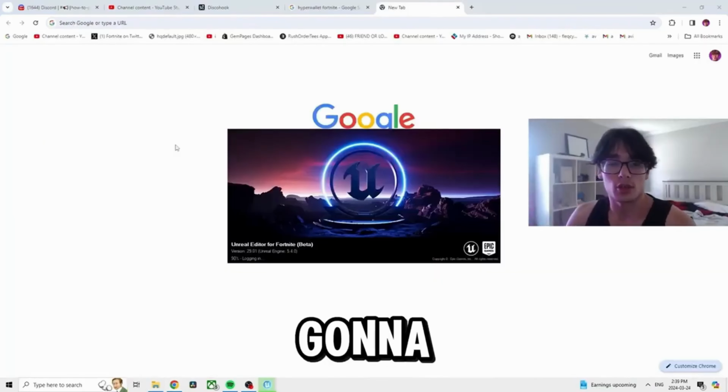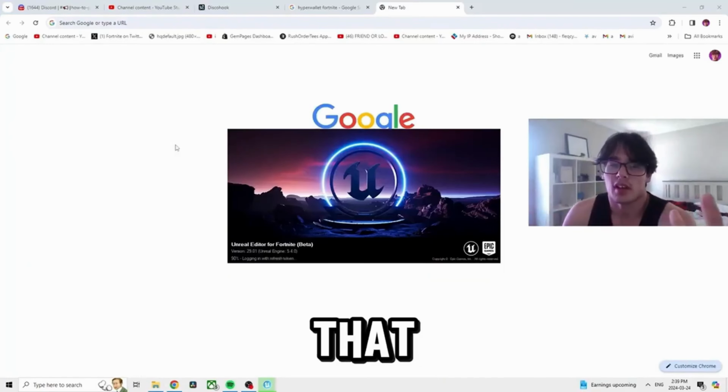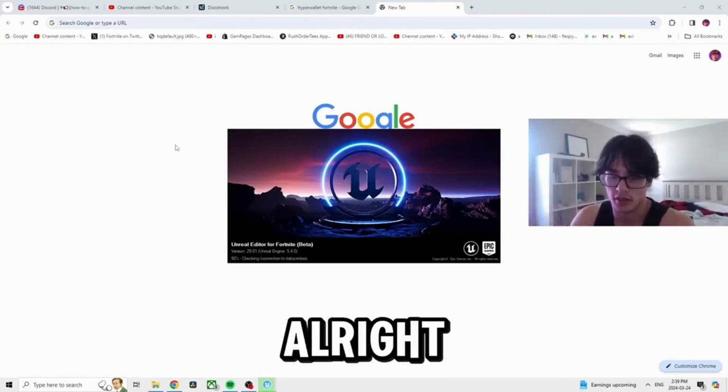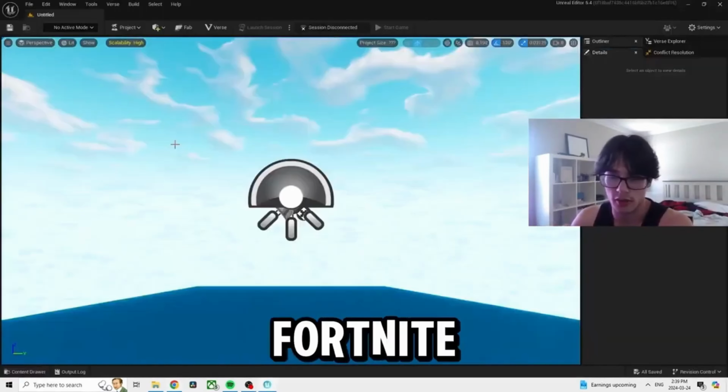I'm going to be showing you a quick and simple trick to publish a game. It doesn't even take that much effort, or it's not even that long or hard to do. And we're going to do it today with you guys. Alright? Let's do it. So, obviously we all know how to launch a session inside of Fortnite, so when we